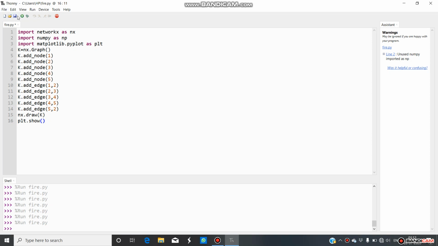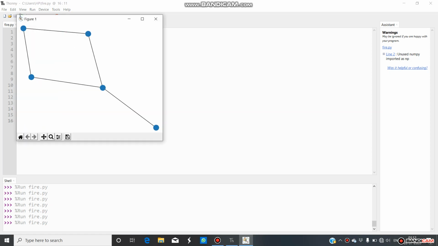Now we will run the whole command. So as we can see, the simple graph on the screen in which the nodes are blue in color and it is not labeled.